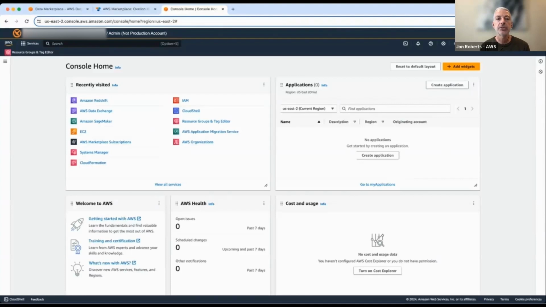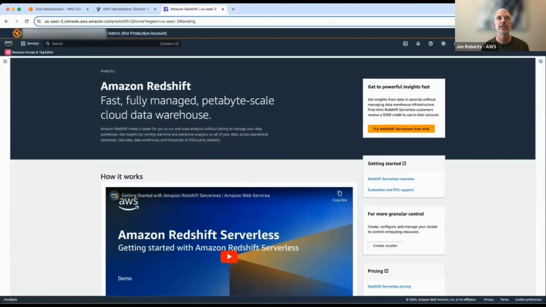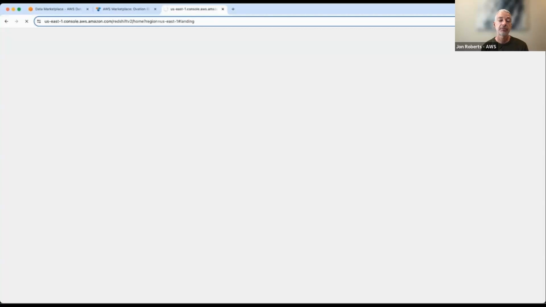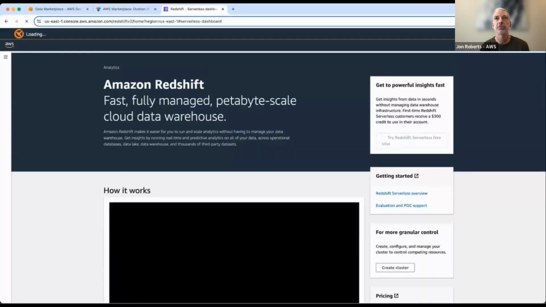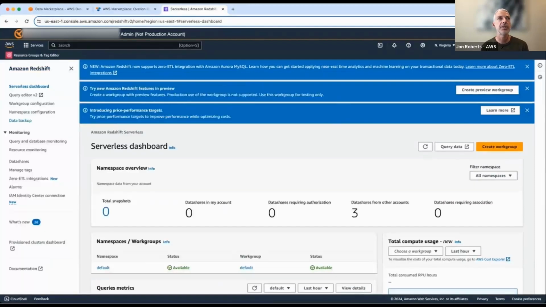So she then goes to the AWS console and deploys Redshift Serverless. And this is in the US East 2 region, and you can see that it has the Try Redshift Serverless. For the demo, I've already created this Redshift Serverless in another region, US East 1, so I'll just go to that now. You can see that has the namespace and workspace,